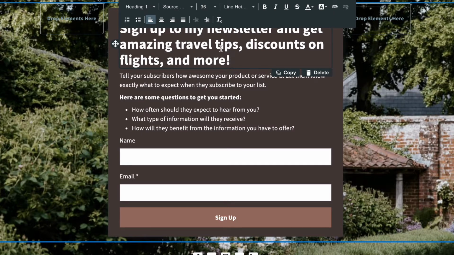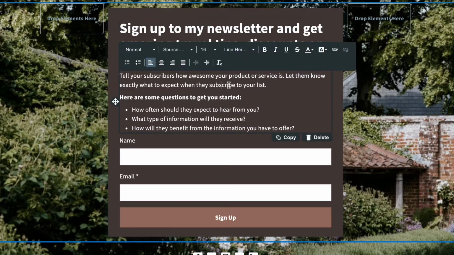Now, of course, that's not all. We want to add a little bit more information, and below here we can add a little bit more details specifying what people are getting. We also want to make sure that we highlight the benefit, why people should sign up to our list and what they're getting out of it. So let's add some more text in here.